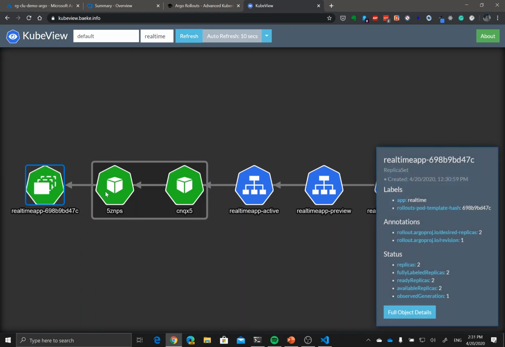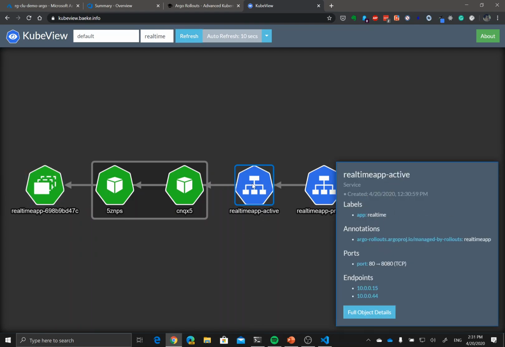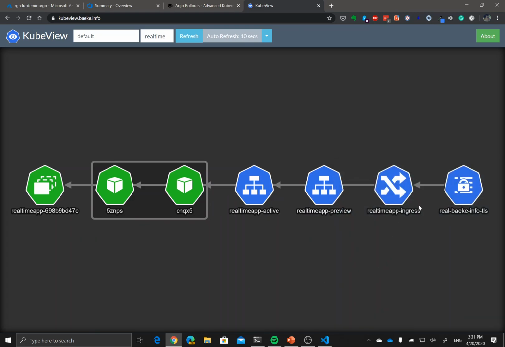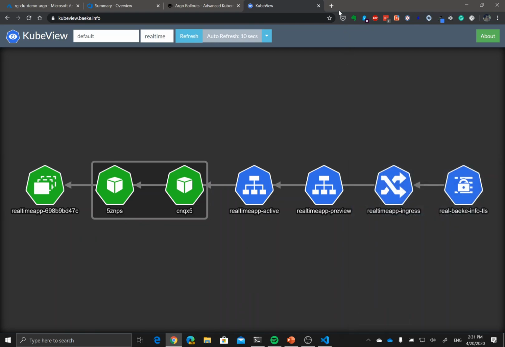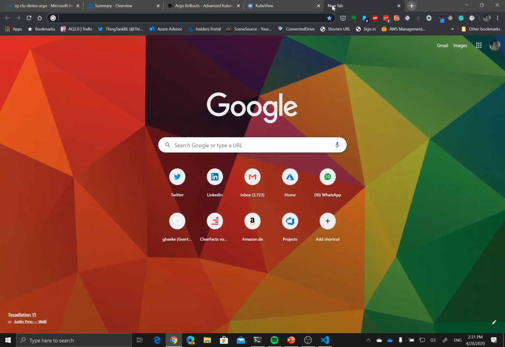The replica set, my 2 pods, and my active service is pointing to these pods, 15 and 44. The preview service is also pointing to 15 and 44 because it's the only thing I have. I have my ingress and I have my certificate already bound to it. This also means that I could go to